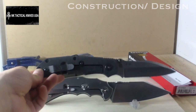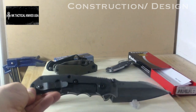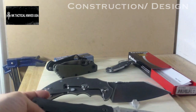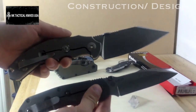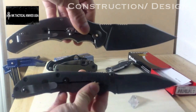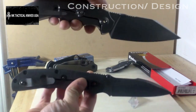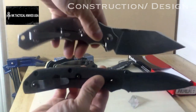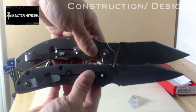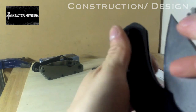So here's my old collaboration knife between Strider and Bob Trzula, and it's CPM 154. Not the greatest steel. Comparable here, now we have D2. Neither is anything I would say exceptional, and they kind of have a similar premise. They're both Wharncliffes. Size differs by maybe half an inch. So both larger folders. So if we look at tip strength,